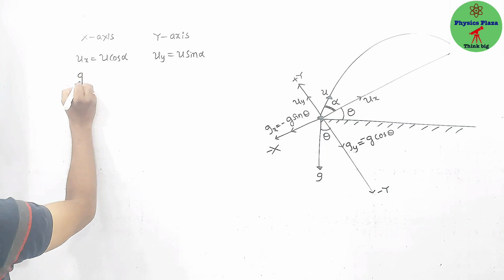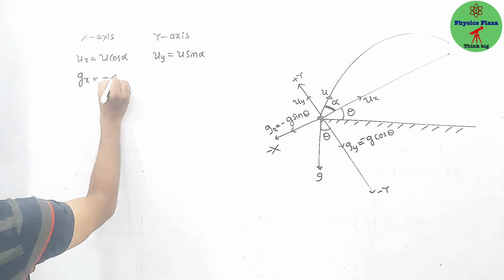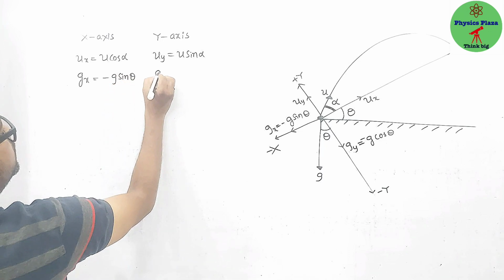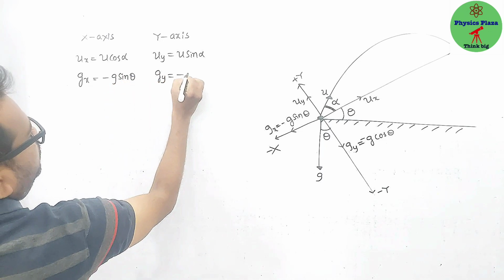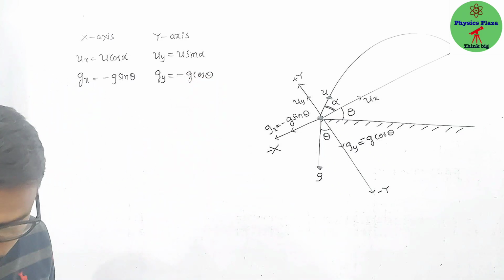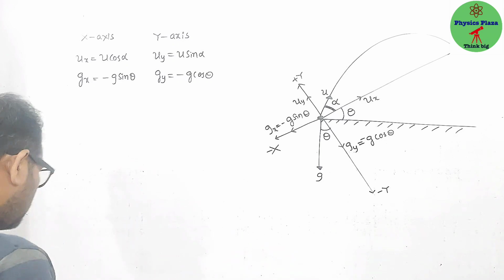Whereas gx is minus g sin theta, and gy is equal to minus g cos theta. So now with this information, let us discuss the components related to the